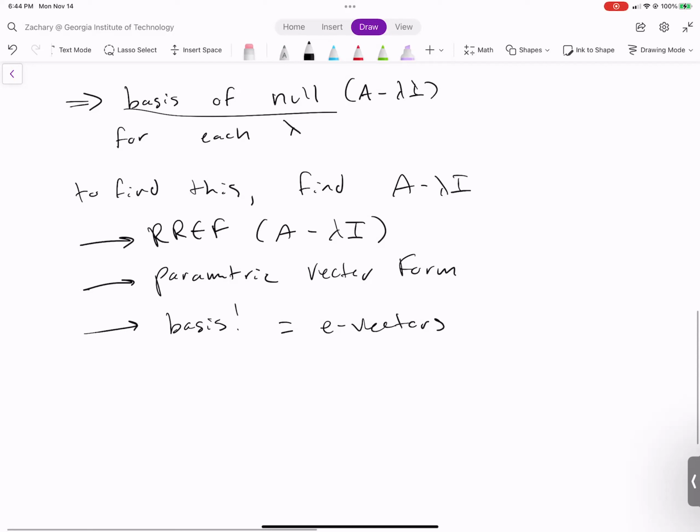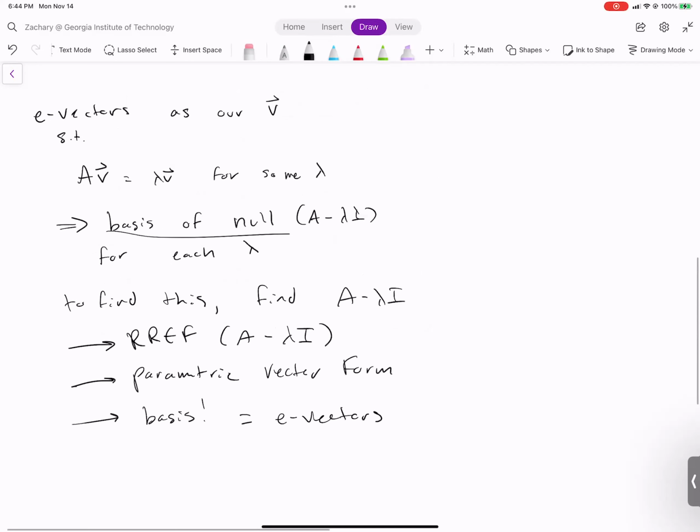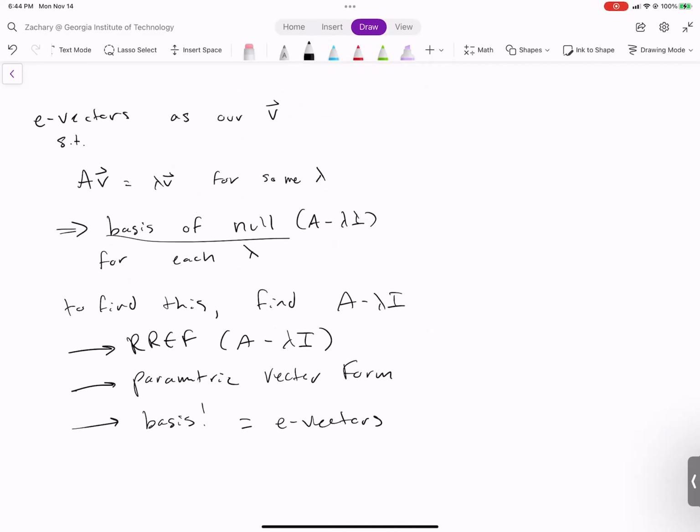I know that's a very long process and there are some shortcuts, but this is how you rigorously find eigenvectors for any eigenvalue for any square matrix. So this is how we find them. I can almost guarantee on this exam they're going to give you a matrix and say, find the eigenvalues, find the eigenvectors, find CD, right? So this is something that you should know how to do.